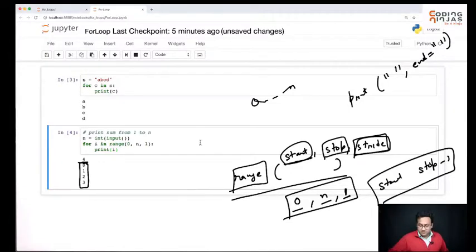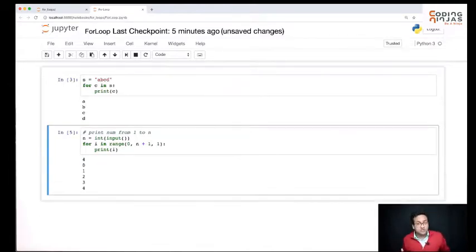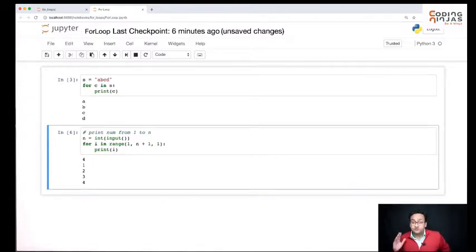Okay, perfect. So a simple solution will be that I want to go till n plus 1. If I say go till n plus 1, it's not going to go till n plus 1, it's going to stop at n. So that way I will get my required numbers. But we have to do from 1 to n, not 0 to n. So we can just change this to 1. So that way now it will go from 1 to 4. It will not start from 0, it will start from 1 because we have changed the start of our method. So this method is taking 3 values from us: start, stop, and the stride.